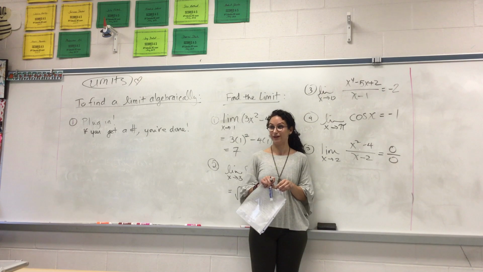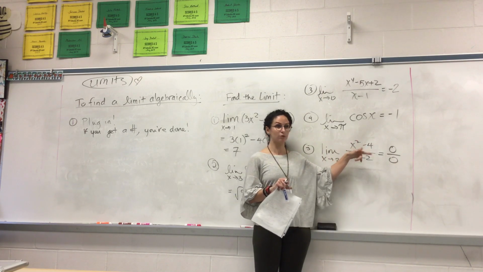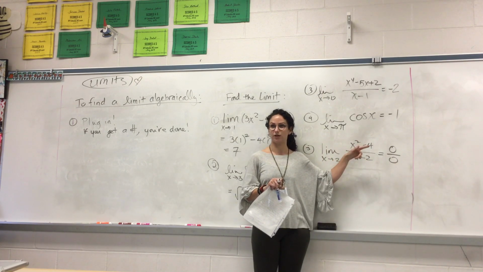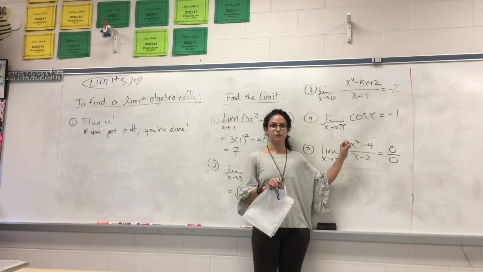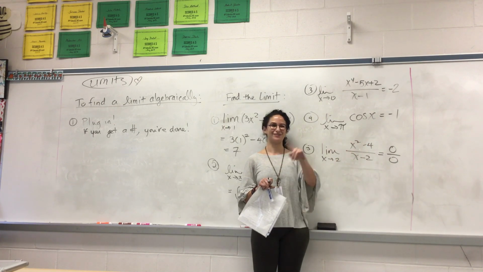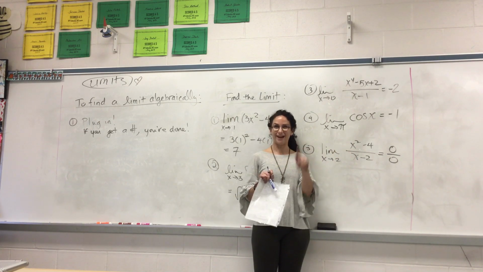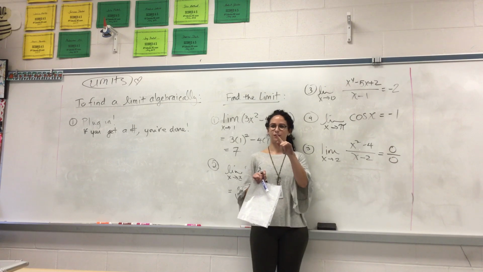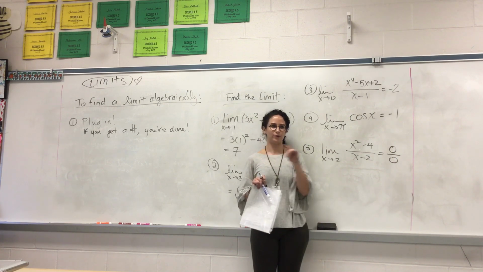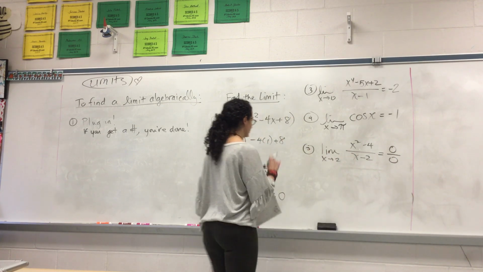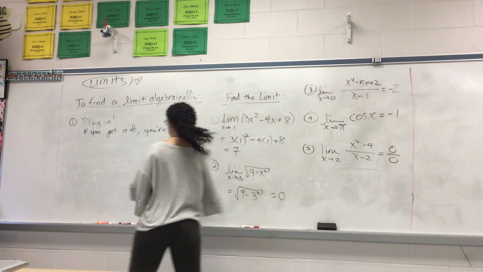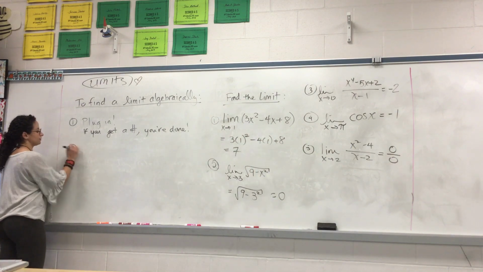There's a hole, right? When we have a 0 over 0, that's an indication that you found a common, not a common denominator. I said discontinuity. Oh, a discontinuity, I'm sorry. Yes, but what kind of discontinuity? A hole. Because it's not a jump, it is a hole. So this is going to be our second thing. So if you get 0 over 0,